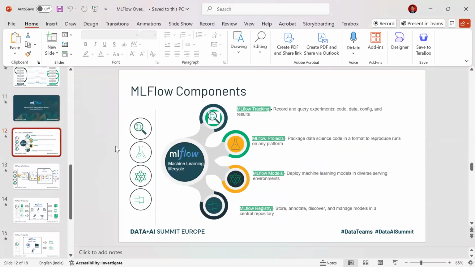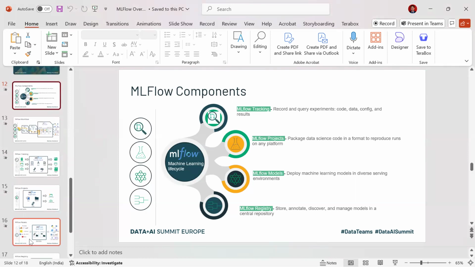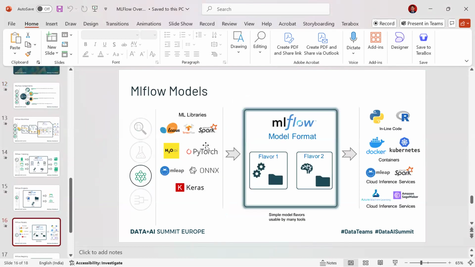So what is MLflow Models doing? MLflow Models is helping us to create a deployable version. Here, MLflow Model is going to help you select which is a deployable version. This is a deployable version. Can you see? This is one of the deployable versions, and this is going to be utilized by any of these